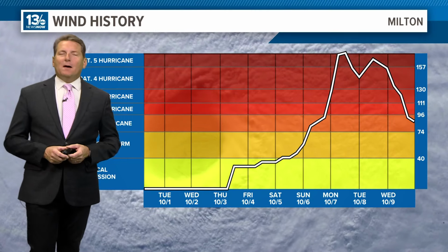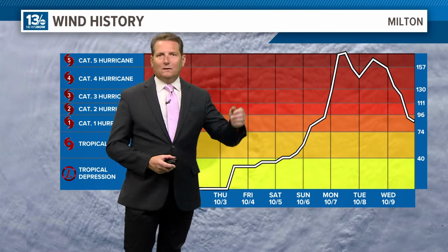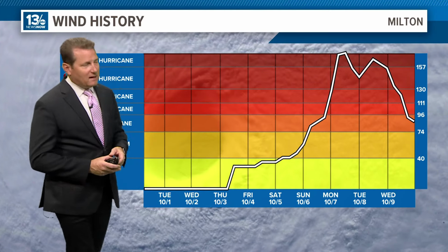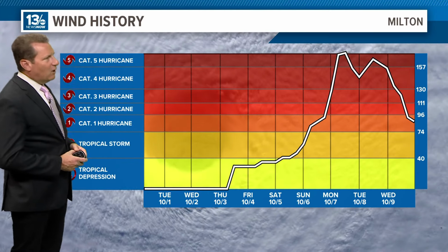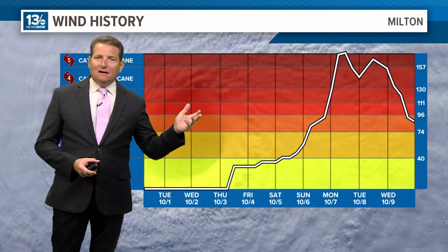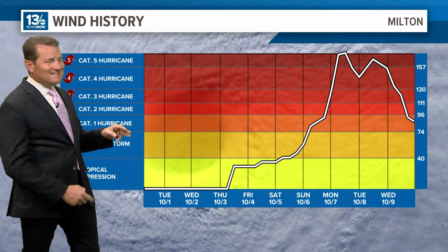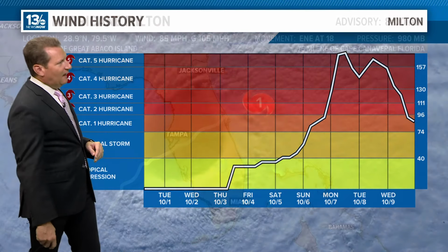Time for the 8 a.m. update on Milton, and I just want to start off with a quick look at that wind history again. At one time, this thing was a monster, a Cat 5 out in the Gulf of Mexico, one of the strongest storms on record there. It made landfall last evening around 8:30 just south of Tampa as a Category 3 hurricane, and it is currently